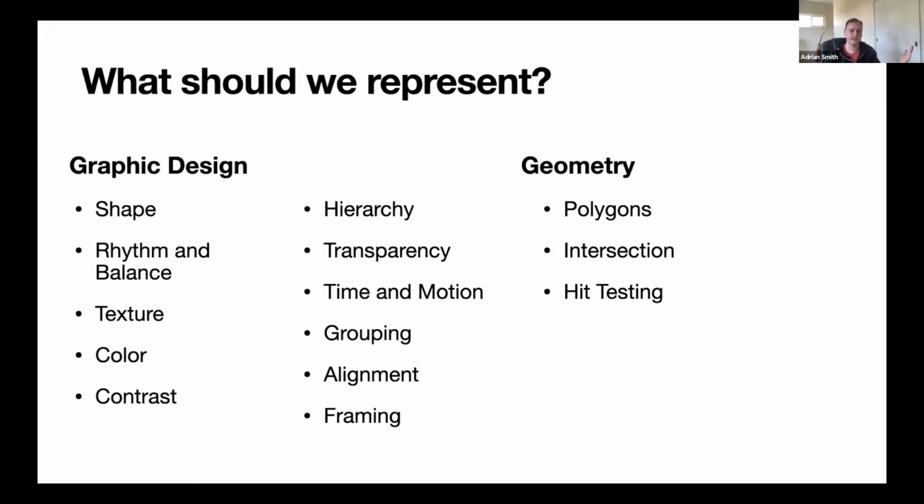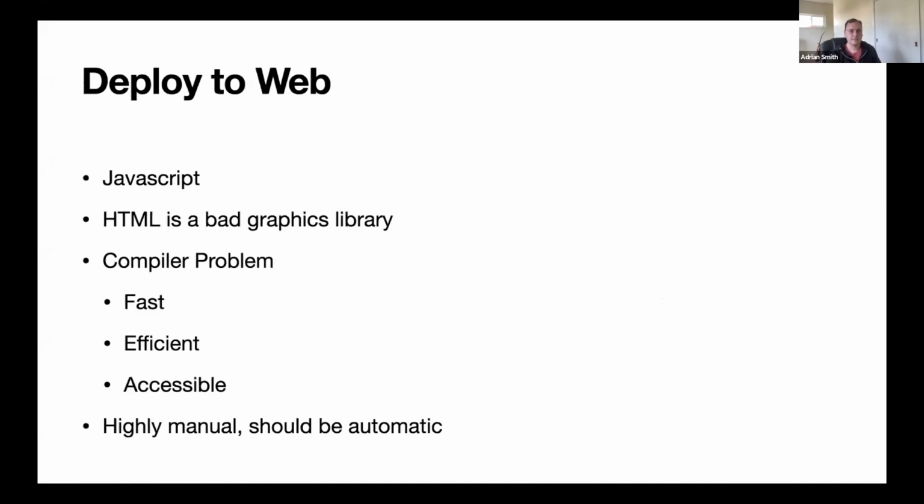Graphic design has a long history; we don't have to make this stuff up. We're not starting from scratch. Graphic design has a long history of giving meaning and describing what you see. And then we also have a lot of mathematics that goes into hit testing and polygon intersection, which is important for event handling, which we haven't really talked about yet, but we will. And the last thing I'll say about the data model is